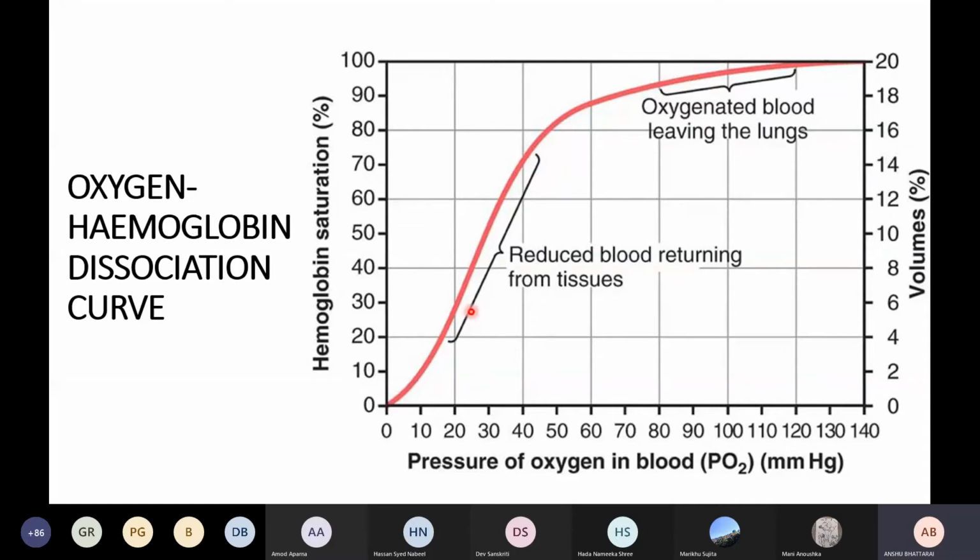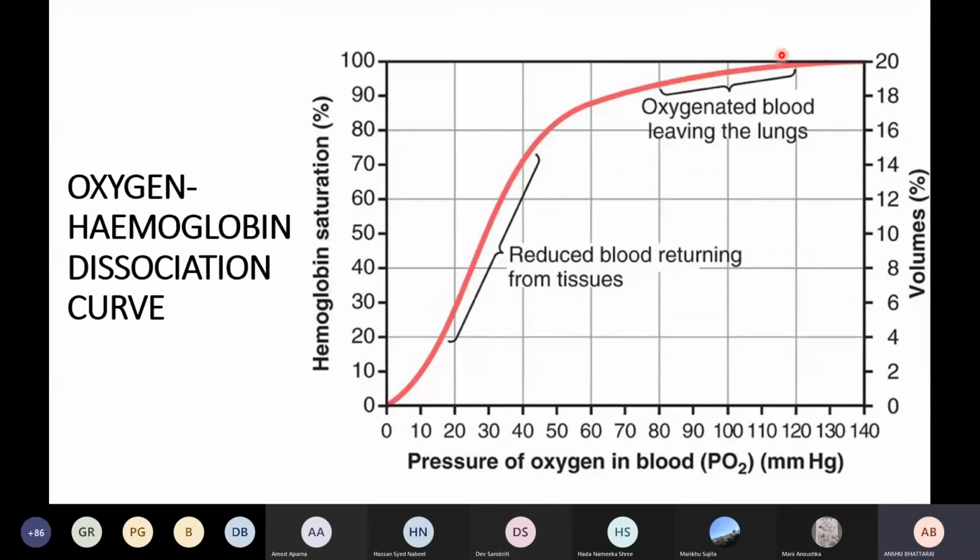So initially, when deoxyhemoglobin is present, that means no molecule of oxygen has bound to hemoglobin. It is completely deoxygenated. In that case, the globin units are very tightly bound, and this blocks the oxygen binding sites in hemoglobin because of this tight binding. Okay, and as soon as the first oxygen molecule comes and binds, then the globin units are loosened and there is relaxed configuration and more oxygen can come and bind. So that is why this sigmoid shape is present in this oxygen hemoglobin dissociation curve.